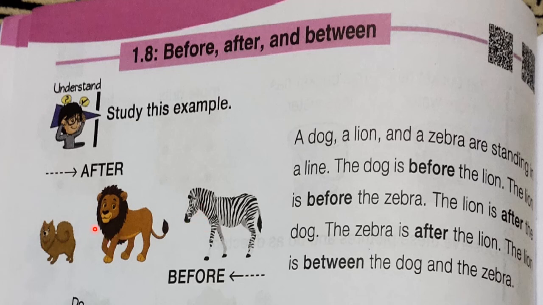Okay, children, what is this? One by one. One after another. The dog is standing first. Second one, the lion, is standing after the dog, and this is between the dog and the zebra. And where is the zebra standing? Yes, after the lion. After the lion, the zebra is standing. Did you understand, children? Before, after and between. Where they are standing, you can understand by looking at your pictures. Okay, next,